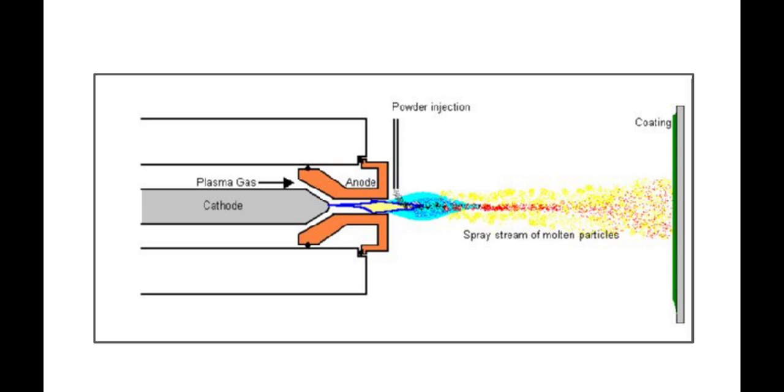The wire gun process is generally preferred due to the easy availability of the coating material in wire form and the low cost of the operation. But powder coating by this spray is dense and faster, and plasma coating is preferred in the case of coating of carbides of metals, titanium, chromium, oxides of zirconium, titanium, etc. Okay, so this is about powder spraying.